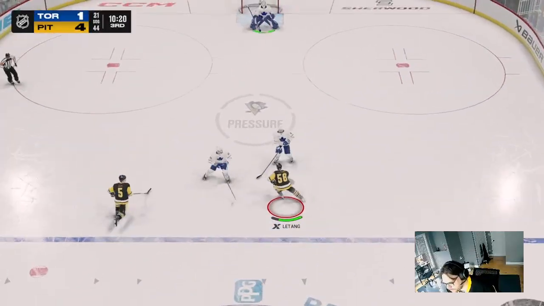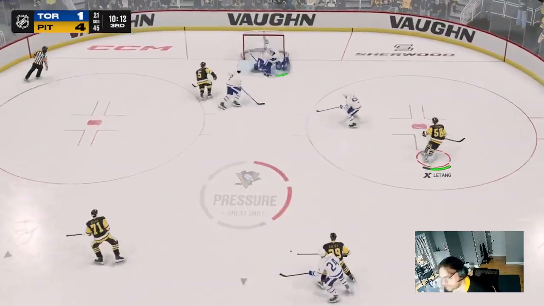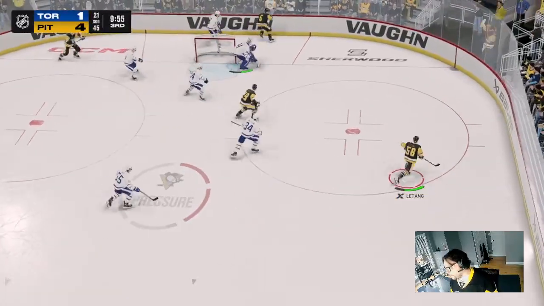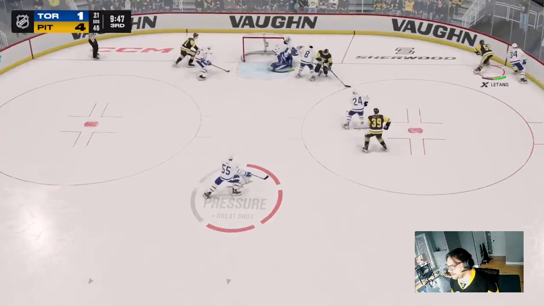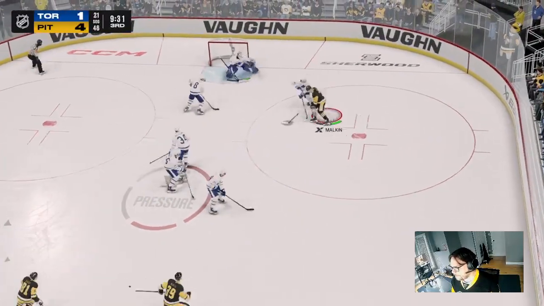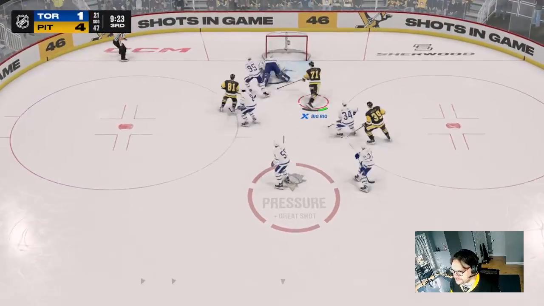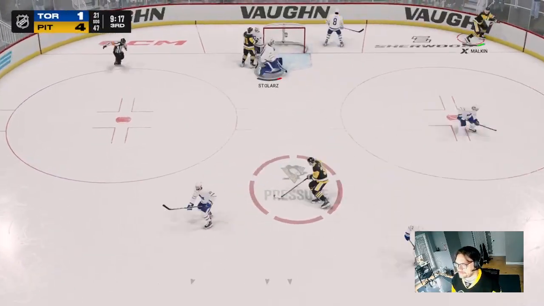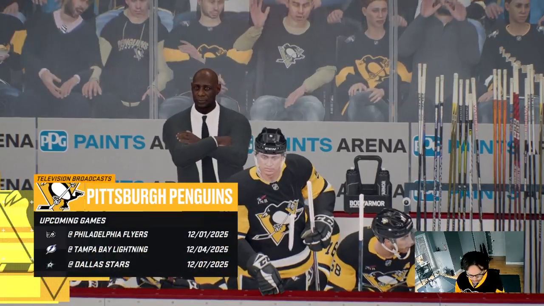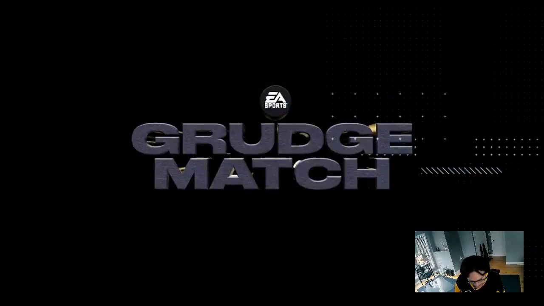Puck regathered. Carried in now by Letang. Letang with a bomb, and Stolarz handled that and got it to the corner. Letang has it again from an awkward angle, and Stolarz stopped that as well. Now Malkin settles it down. Stolarz has it. As there's a whack. Who is that?